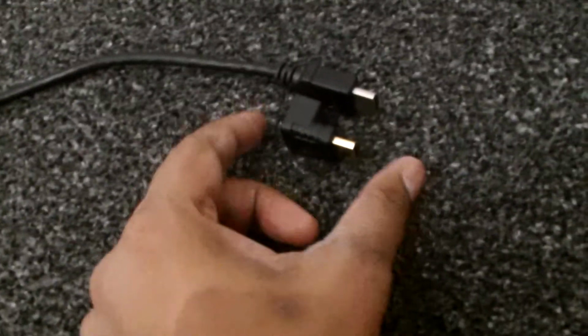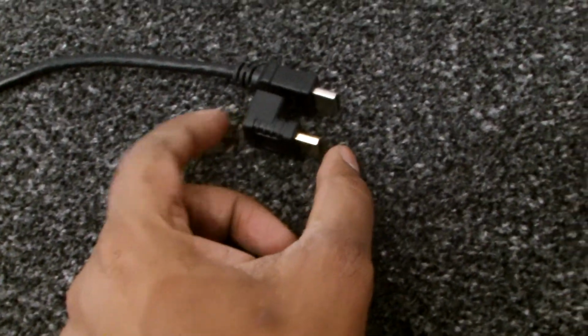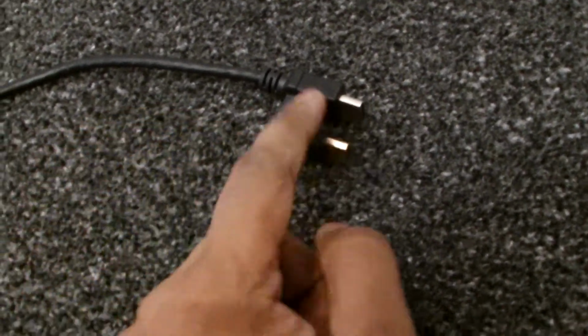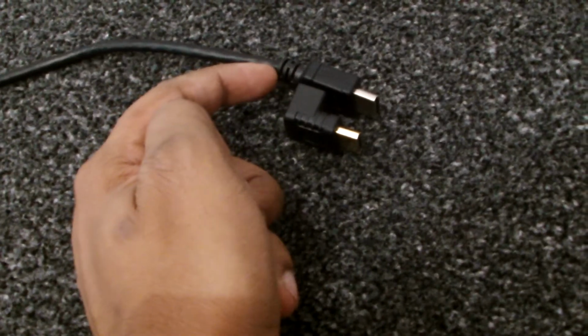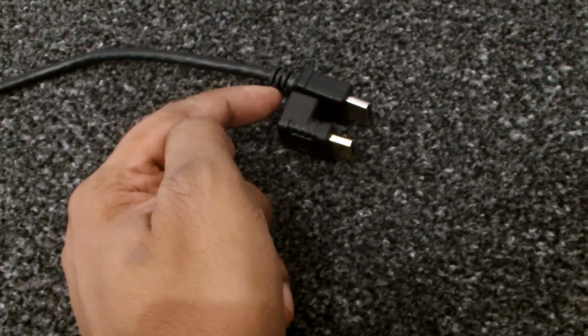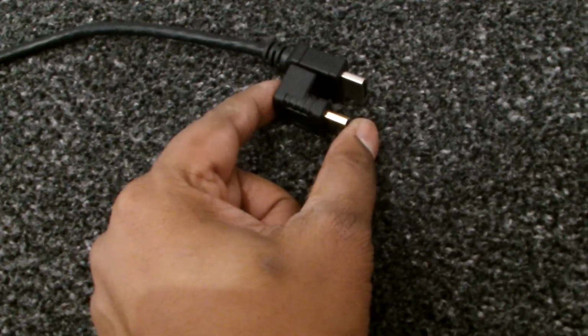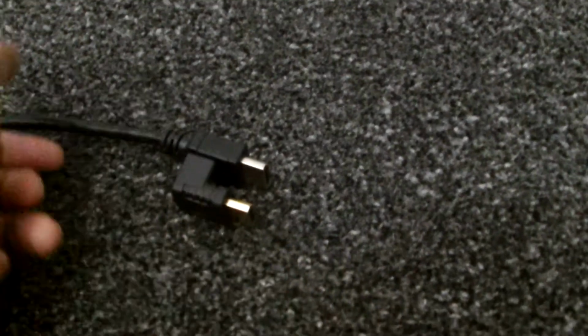So here you can see the cable versus the actual adapter, the 90 degree angle adapter. You can see it's a 90 degree angle. So the cable requires at least an extra centimeter and a half of space to fit, but the adapter doesn't require that much space. It requires at least a third less. So with the cable plugged in this way,